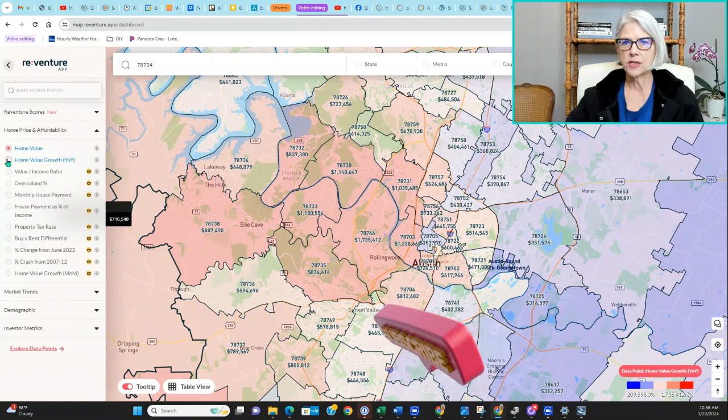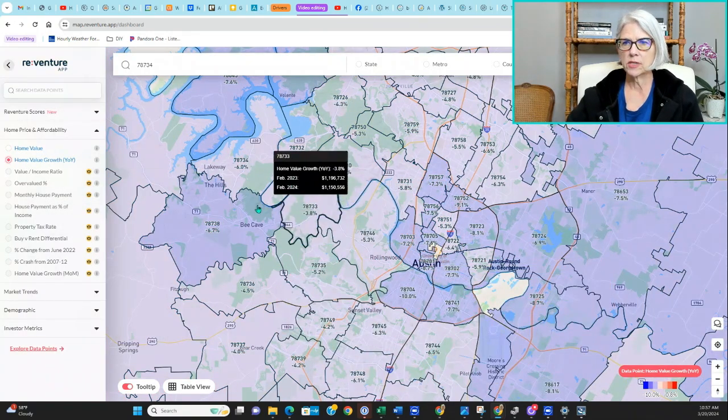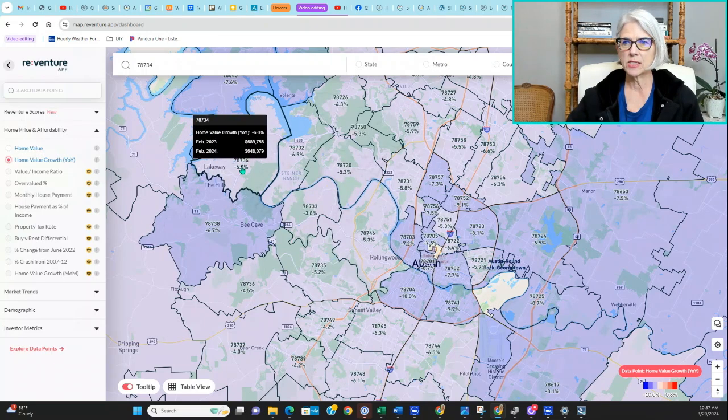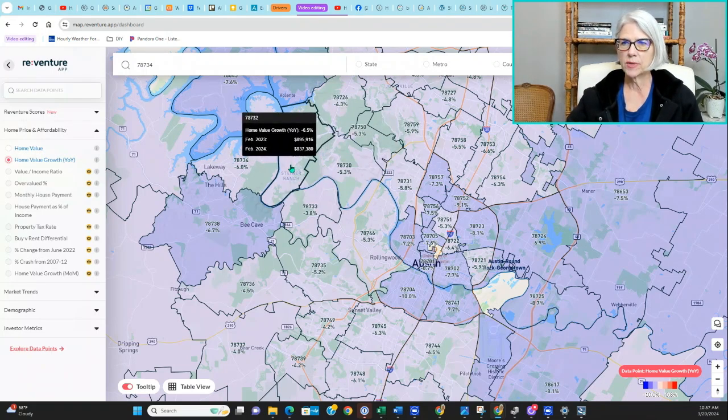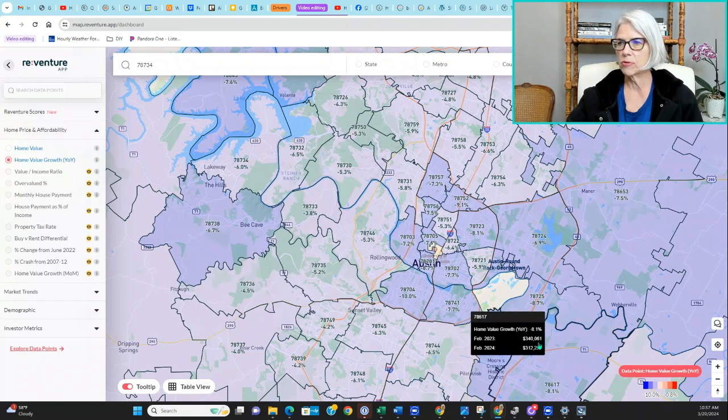Now, the next thing you can see is the home value growth. So it's how much the home values are increasing or decreasing in the area. So we were looking at Lakeway. We can see the home prices are decreasing by about 6%. According to the expert that developed this app, the Austin area has gone down by about 17-18% in price, but it just depends on what area of Austin you're looking at. So we can see this area has only decreased by, here's 3.8%, here's 4.5%, and then we see other areas that are down by 8%.